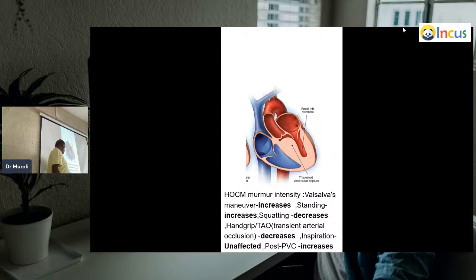Understand? Post PVC, there is increased inotropic state of the ventricle, myocardium, that will eject more amount of blood, creating a smaller ventricle, which leads to the development of a greater obstruction. All right? So,